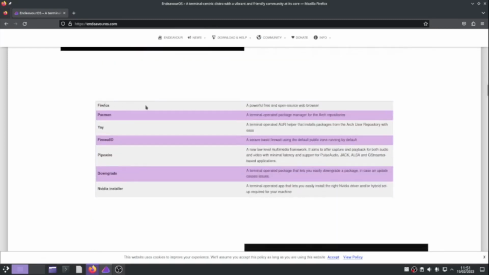So this is the software that comes. So you essentially get Firefox, Pacman, which is the terminal package manager. You get Yay, which helps you install from the Arch user repository. Basic firewall, multimedia framework, Pipewire, and NVIDIA installer, and downgrade, which is a terminal operated package that lets you easily downgrade a